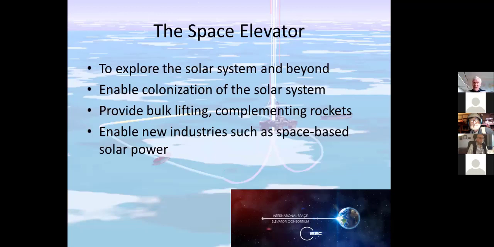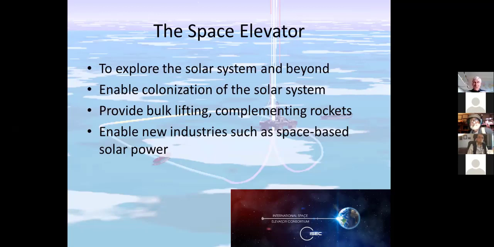So rockets are faster, but you have to carry such an enormous amount of fuel when you take off with a rocket that bulk lifting using electrical power from fixed infrastructure is always going to be economically more efficient. Even though there are claims for rockets getting better, space elevators will get better too, as we learn more about how to use them effectively. And they will enable us to